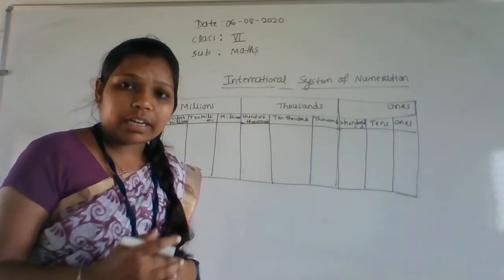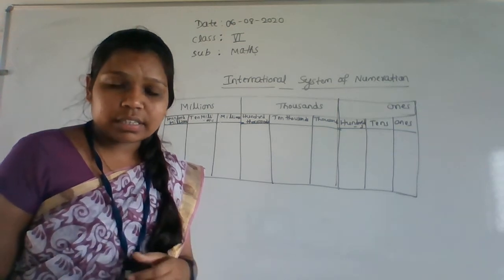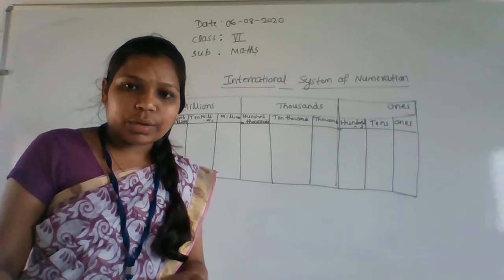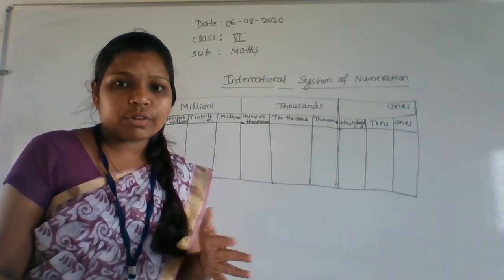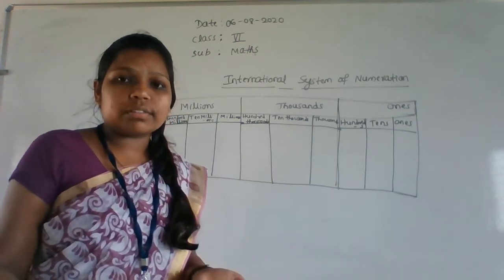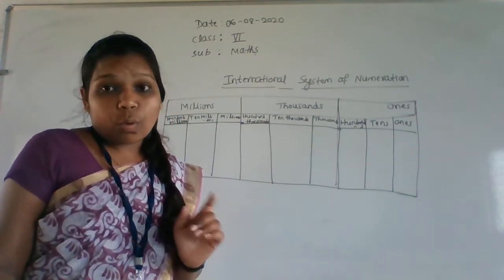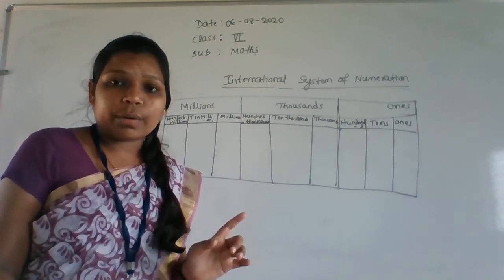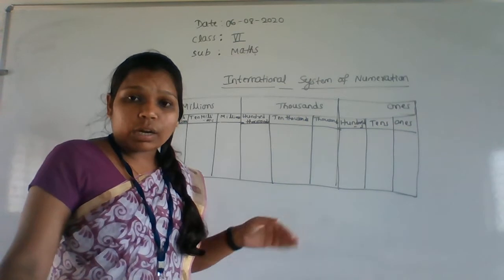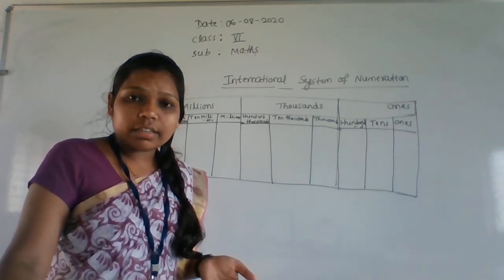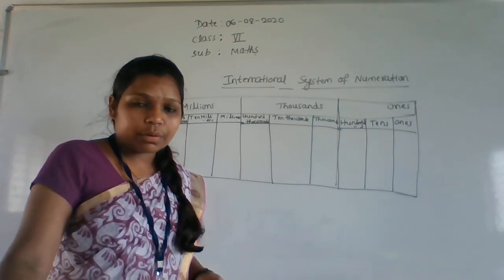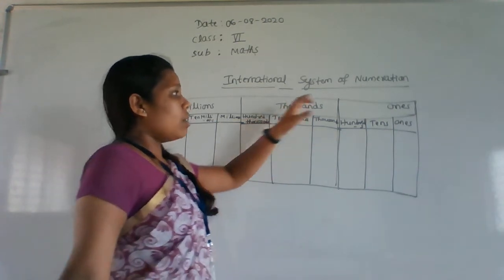Then only we will conclude what are the differences in both systems of numeration. Then if anybody asks you any question, you are able to answer for that. Without knowing this theory part, how can you answer? And don't memorize the answers. Just understand the topic. Then whatever number they may give, you will be able to answer. Otherwise, you will not be ready to answer. So please concentrate here.